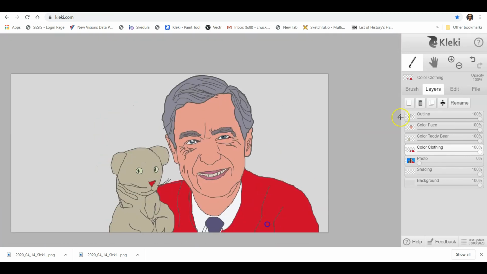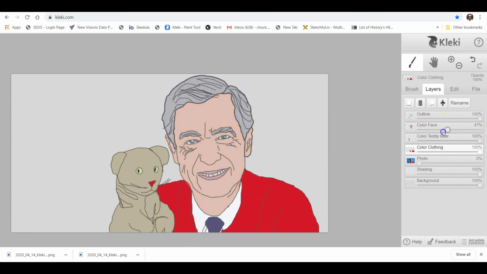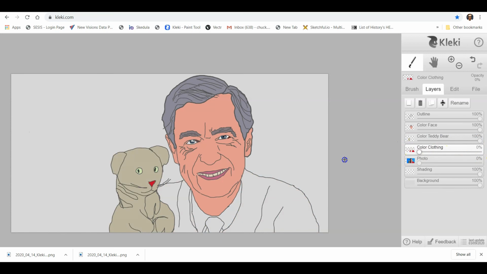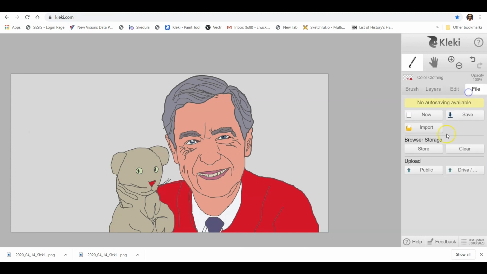For now, I'm not going to worry about any of that shading, but this is what I've got. I've got my coloring for the face, or I've got outline separate, coloring for the face on one layer, teddy bear on another layer, but I have not worried about any of that shading. I will get into the shadows and the shading in the next video because I realize now this video is kind of long, so I'm trying to keep this under 15 minutes for YouTube purposes. Next thing I'm going to do is save my work,